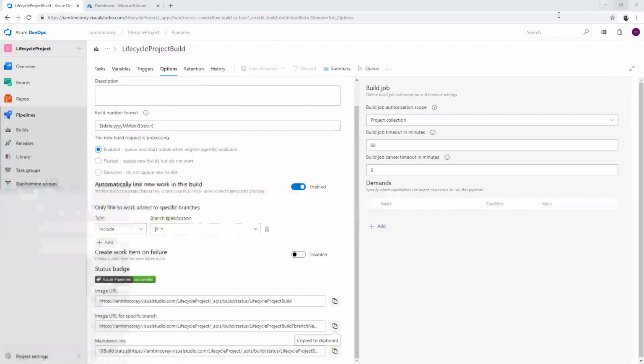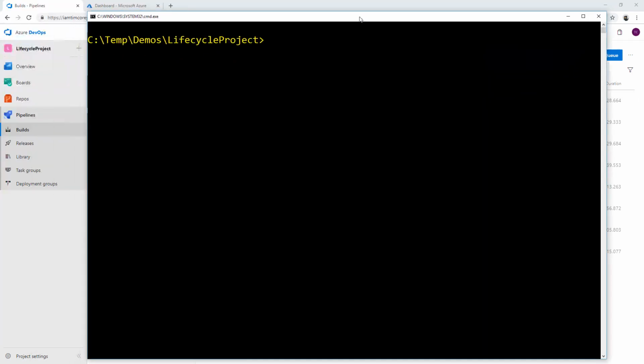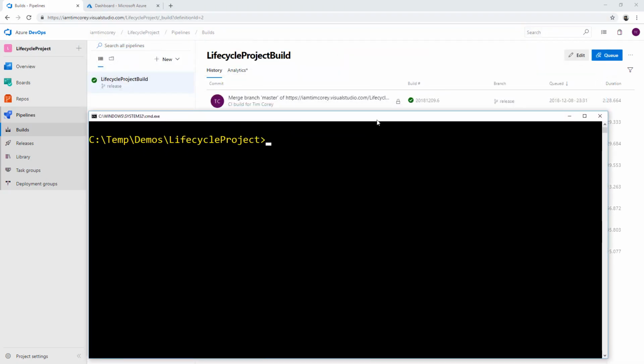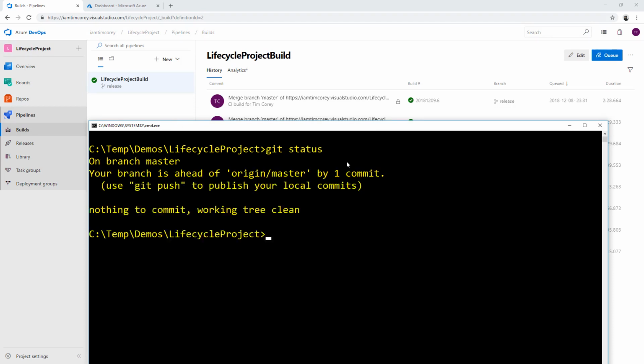And at the same time, I'm also going to minimize this. And let's go over to our build just so we can see a new build pop in. So let's come down here. We'll shrink this down a bit. And now what I'll do is I will say git status. That's the first thing you should do. We're ahead of origin master by 1 commit. So first,